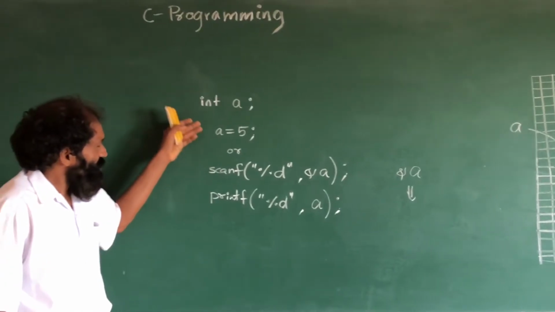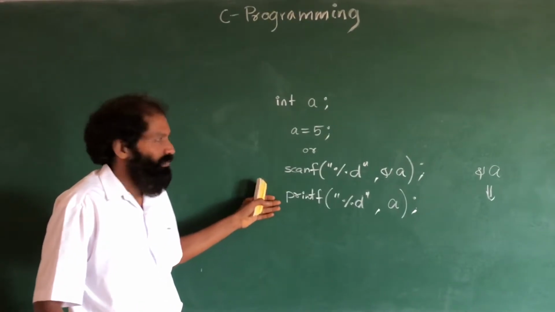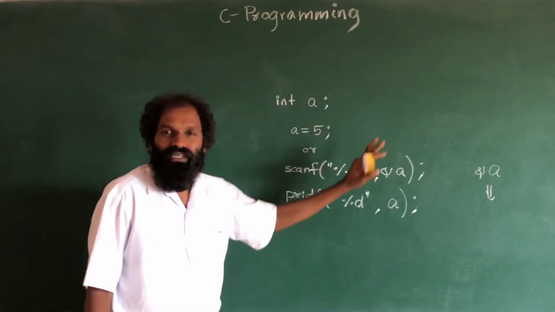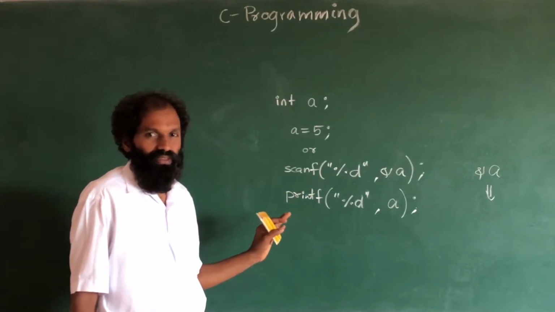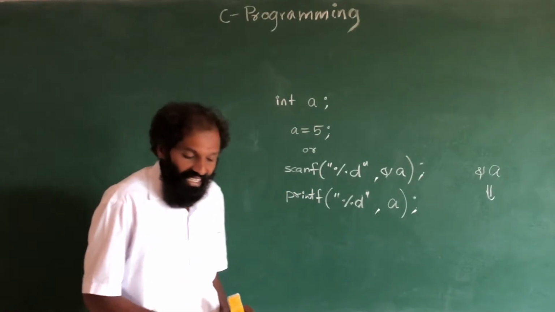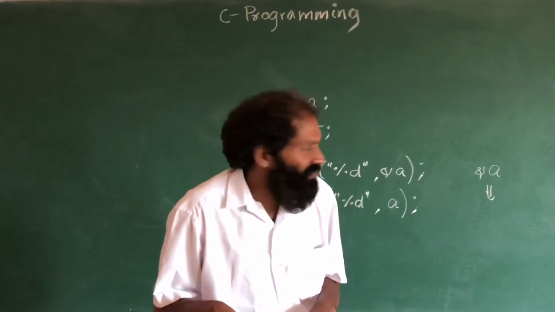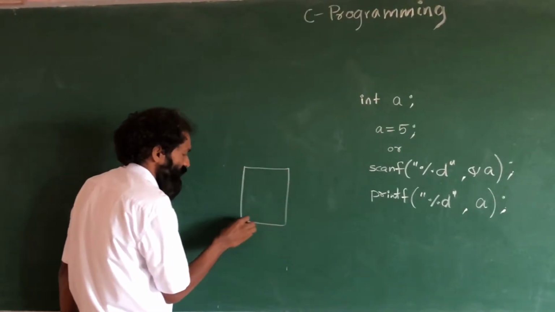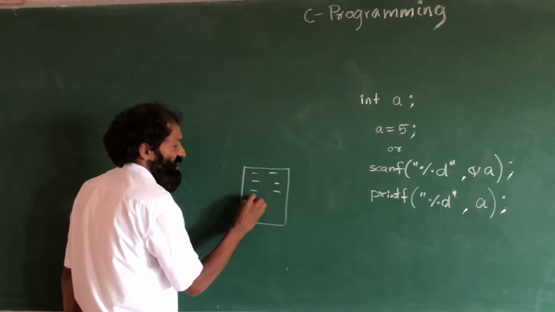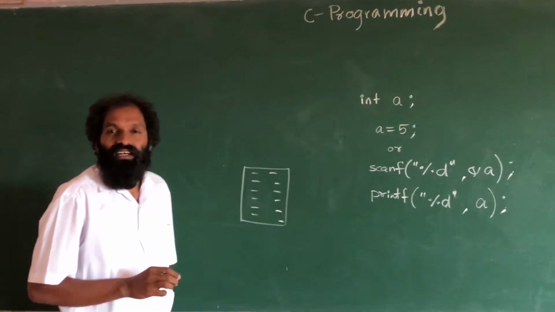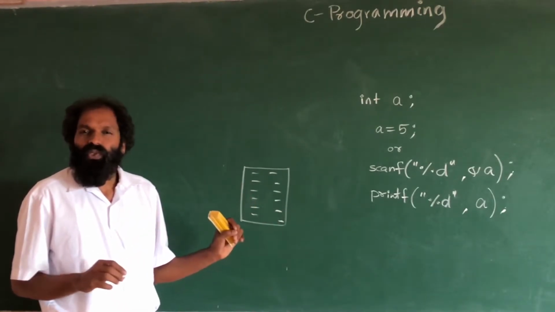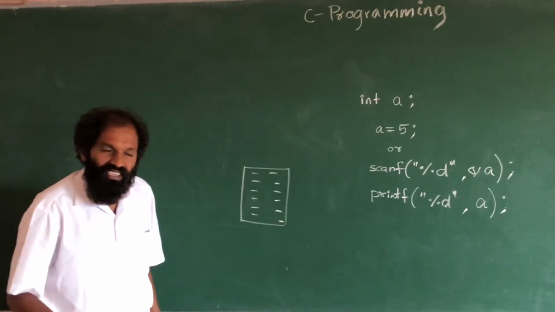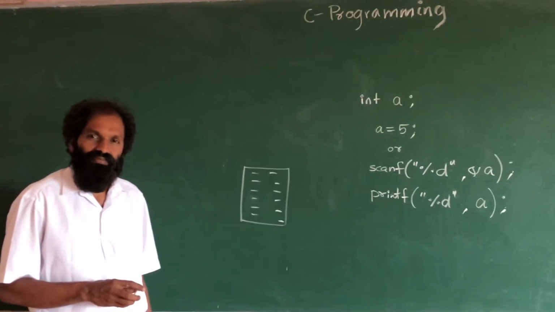These are a few instructions on how to write a program. Then let us implement these things by using a C program. A C program we can write in a file, a simple file. In the computer you have to open a file. In that file you have to write all the instructions. This is the program. So what is a program? A program is a set of instructions, a collection of instructions, or a group of instructions.